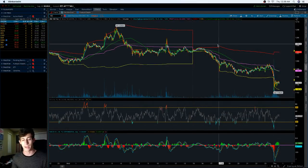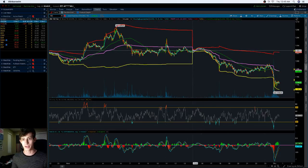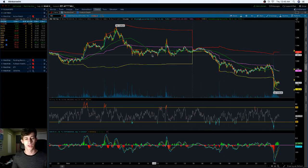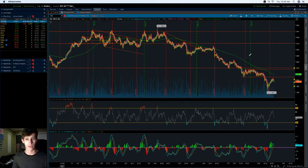But yeah, what I wanted to talk about was /GC, a gold future. If you guys have access to anything other than Robinhood, you should be able to see this. The market closed right around this area, a little bit above $1,200, and then had a pretty aggressive sell-off. If you guys do not understand the correlation between /GC and JNUG and JDST and all the correlating ETFs,